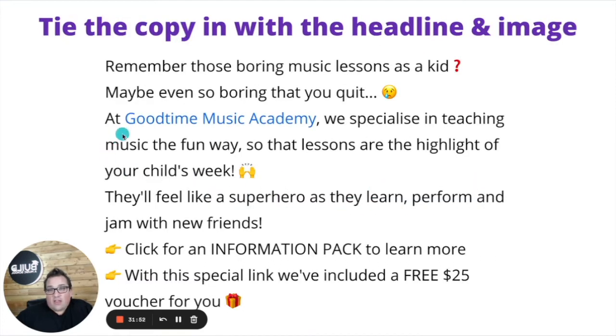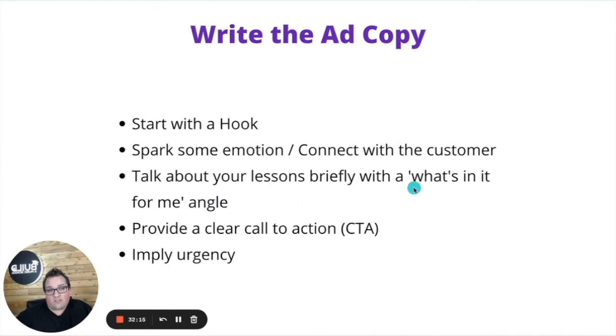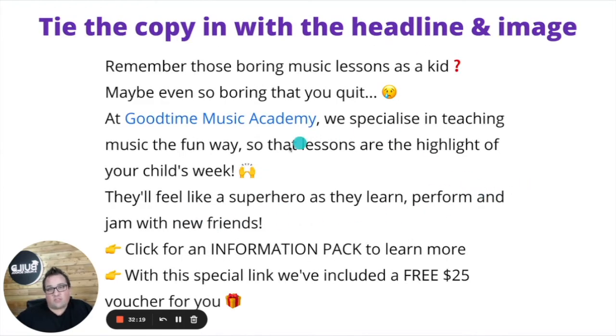So here, at Good Time Music Academy, that's my school's name, we specialize in teaching music the fun way, so that lessons are the highlight of your child's week. See how it's like, hey, we make sure it's really fun, so imply that they'll stick at it, right? Why? So that the lessons are the highlight of your child's week. That's the what's in it for me angle. If you learn with us, it's going to be the highlight of your child's week. That's what's in it for you.